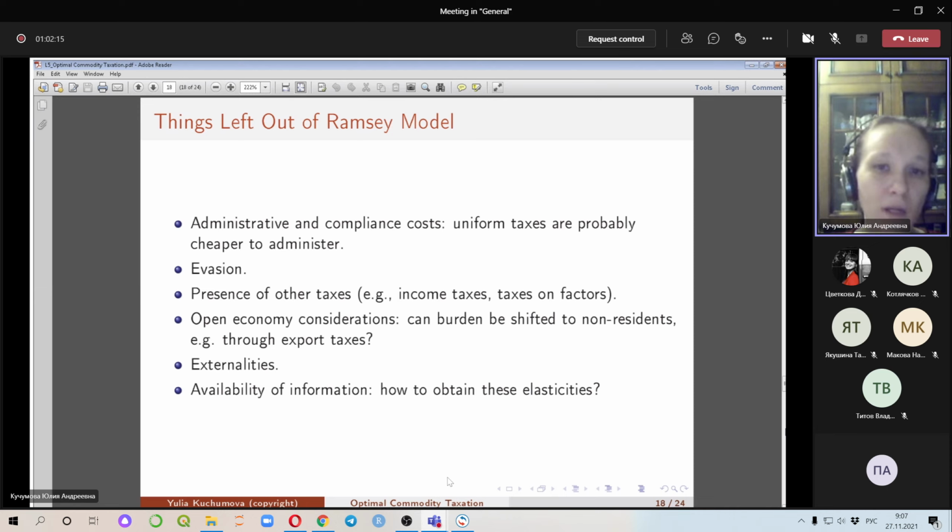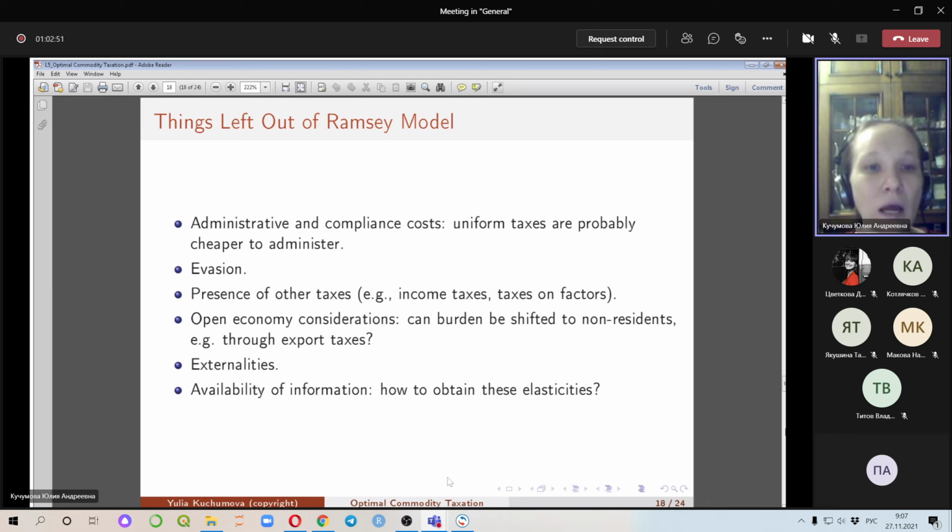So the value added tax we have in Russia is, as I remember, 20%, right? On most of the goods. There are some exclusions. There are some goods taxed at a low rate, but this is due to redistributional considerations, not any other considerations. So why is it so? Probably the key reason